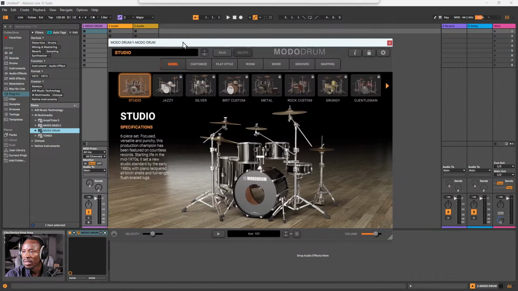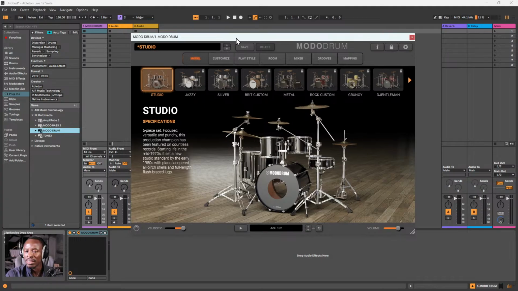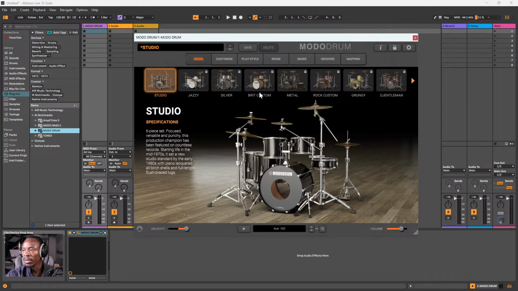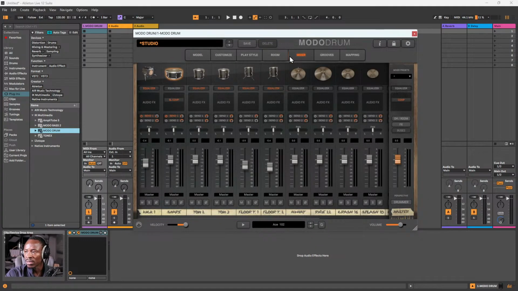Once it loads up, you have your drum set. You can go into your drums and adjust it the way you want to adjust it. But then here comes the part where you probably want to know more about, right? So let's go into the mixer. Once the plugin opens up, go into the mixer,